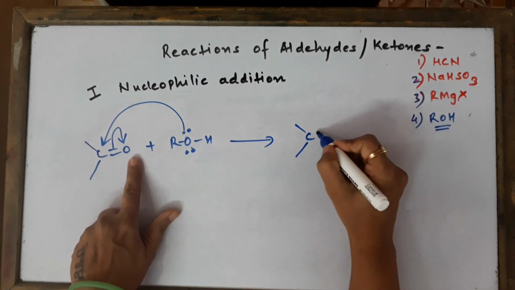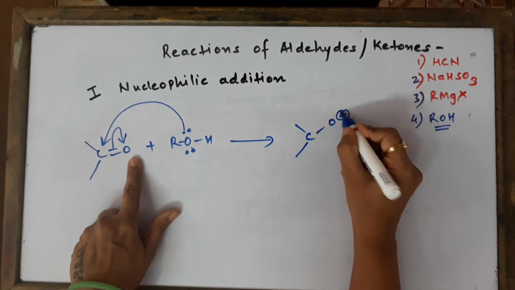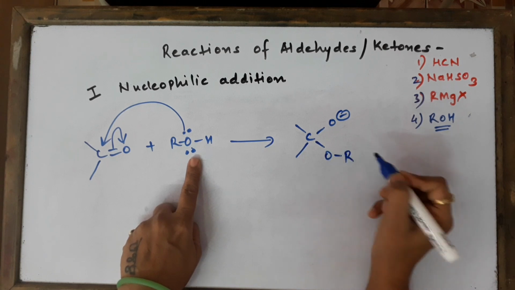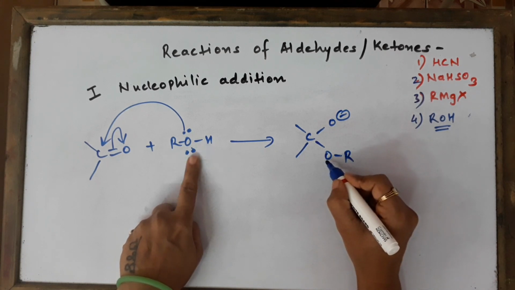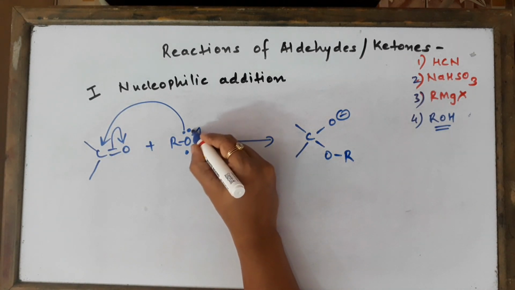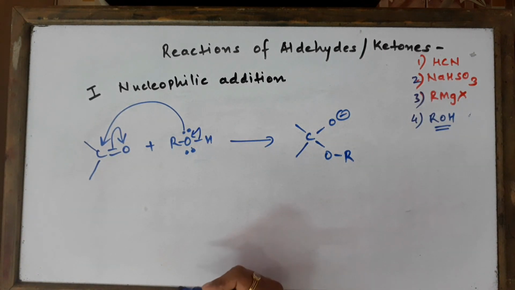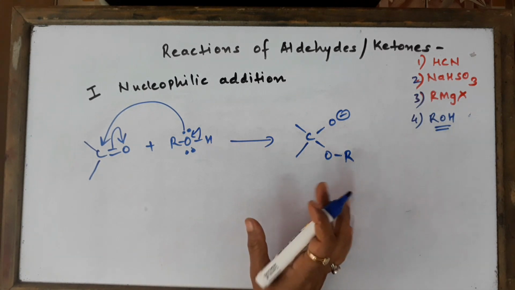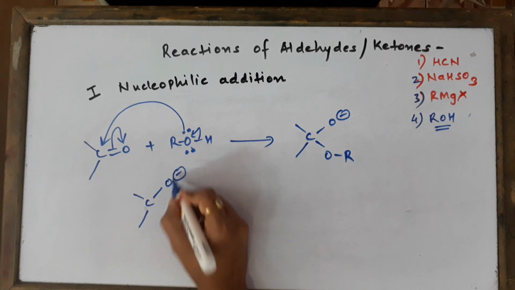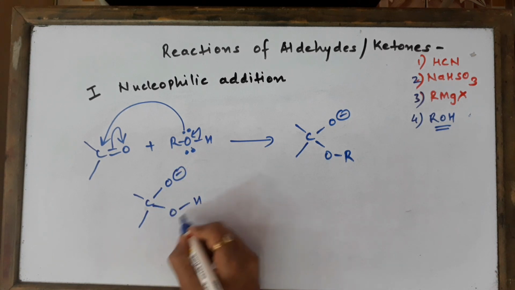So we are going to get CO minus and this OR, and naturally when the oxygen has donated the electrons, this hydrogen also has to go out as a proton. This is the step. So you don't have to show all these steps in the exam. I'll just show you once, but I'll show you. Look at this.